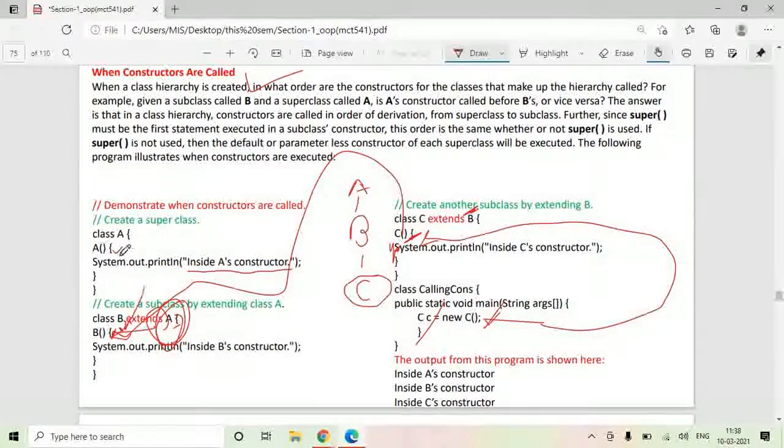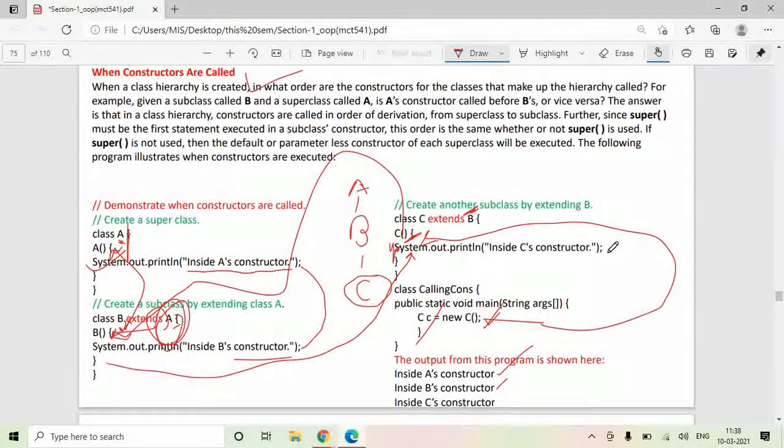So from here it will give a call to this constructor. Now it will see, this is the top base class, it is a normal class, it is not getting inherited from anybody. So this will execute. So the first line you will see is inside A constructor. Then from here the control will come back, then this line gets printed inside B's constructor. From this line, again the control will go back inside C's constructor, and from here again control will go back here and your program will finish.